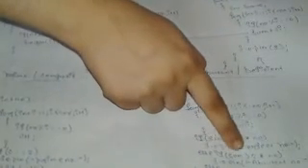Second program is of perfect number. We know what a perfect number is. A perfect number is a number where the sum of the factors equals 2n, meaning the sum of its factors is twice the number. If 2n is equal to the sum, then it is a perfect number. If 2n is greater than the sum, it is an abundant number, and else if it is less, then we will display deficient number.